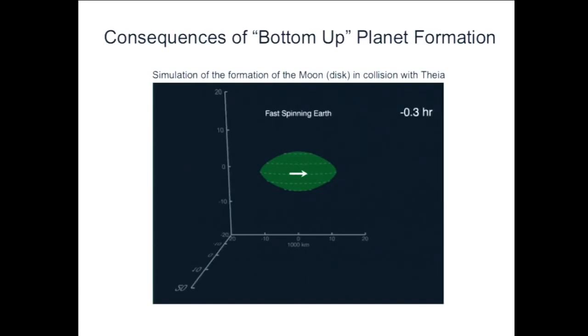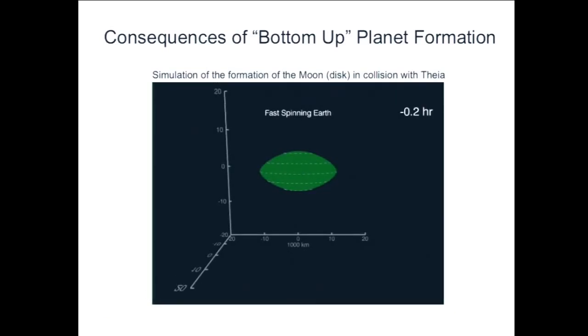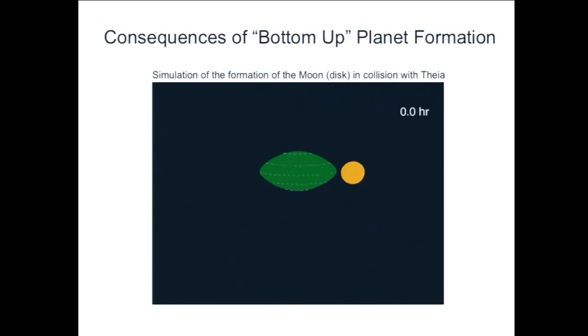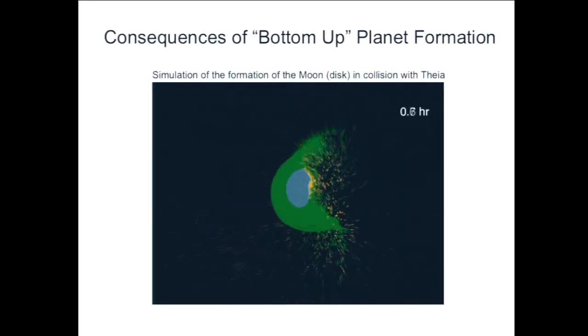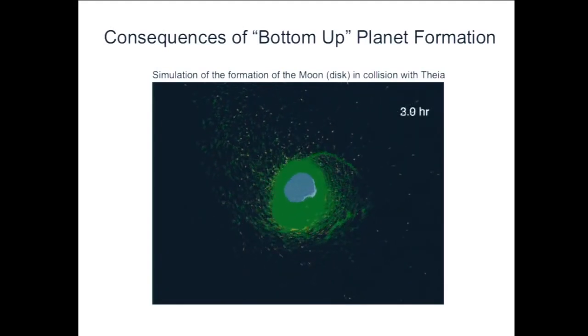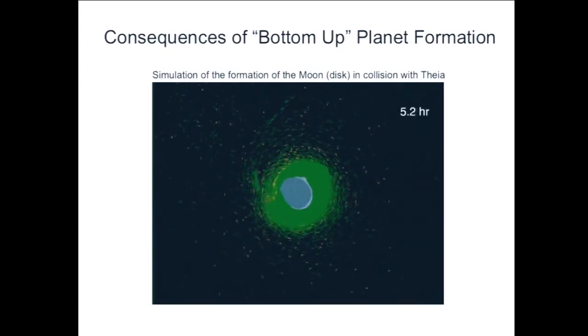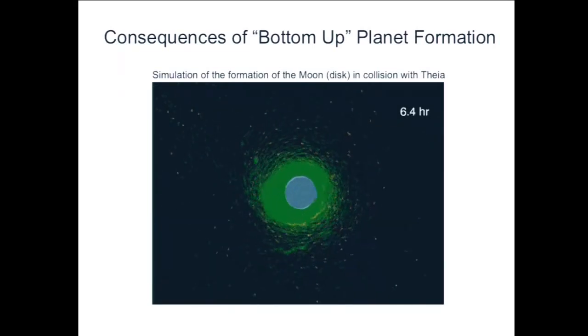In this particular calculation, the Earth is spinning pretty fast. That's why it's distorted. It's not a perfect sphere. That's a detail. Don't worry so much about that. So here's the simulation. Moon comes in. Now they're going to kind of illustrate by color the inner part of the Earth, the core as distinct from the outer part of the Earth. And the point is to illustrate to you the collision is so violent that it really goes all the way in towards the core and flings some of the material from the core out into the surrounding debris.